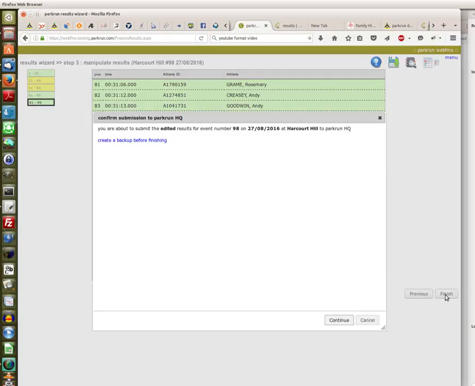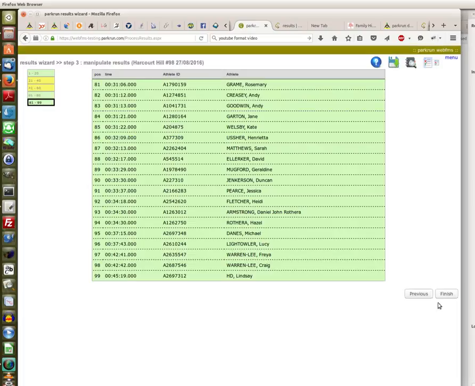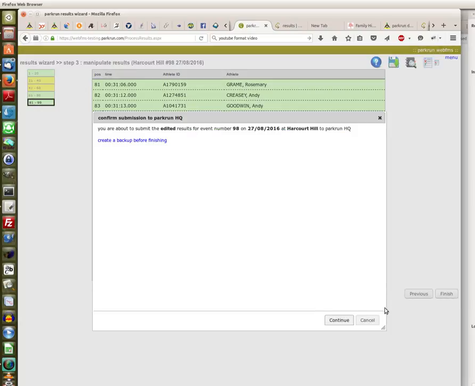And when you're at this point of finishing, you either press continue to upload, or you can create a backup, and that's of course where we create the backup. You've got two options: either save the backup to your computer or copy the file into a text file. This is probably the easiest one to use. So I'm not going to create a backup of this. I'm just going to finish, not create a backup, continue,